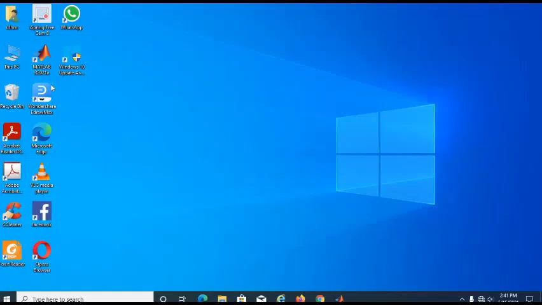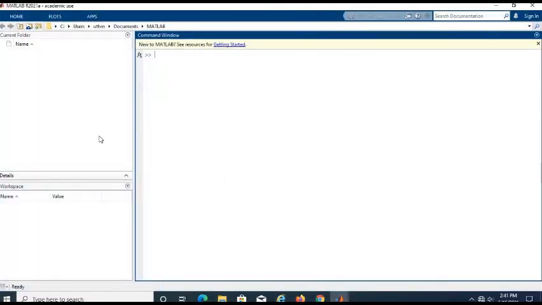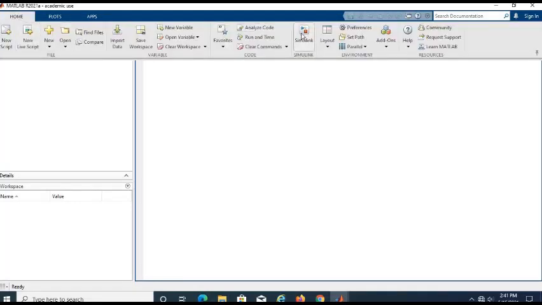The first step, you click this MATLAB, and then this will appear. Then you come into Home, and there is the Simulink.